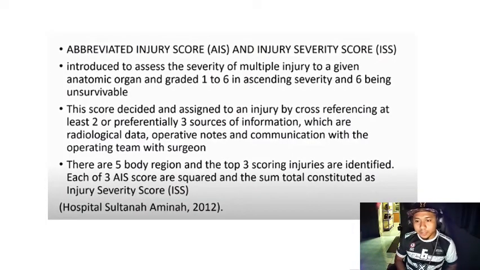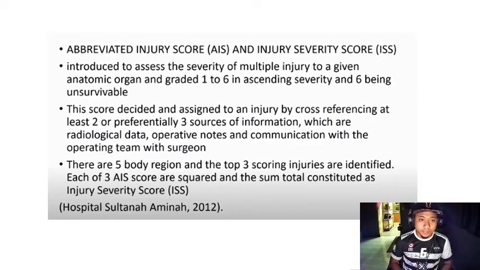Okay, the definition of Injury Severity Score, ISS, or Abbreviated Injury Scale, AIS. These were introduced to assess the severity of multiple injuries to a given anatomical organ and are graded 1 to 6 in ascending severity, with 6 being